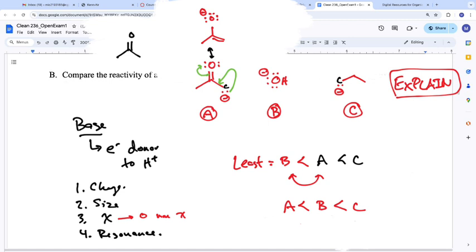Okay? The explanations that I'm using, I've identified charge, size, electronegativity, resonance. I'm putting out the orders behind those so that I can see that. This board has called that out. They're acknowledging that those pieces are there. You have the answers over here, but you don't have the ordering behind that logical flow. That can make it harder for me to assign points. So what you're trying to show is the maximum amount of knowledge possible within a tiny little amount of time. So get down what you can as quickly as possible, move on. If you get more time, come back, add more.